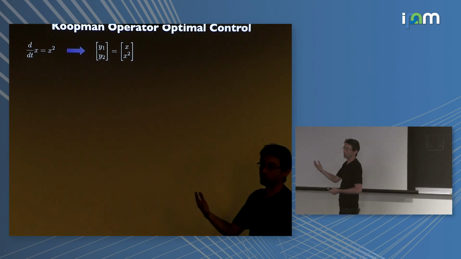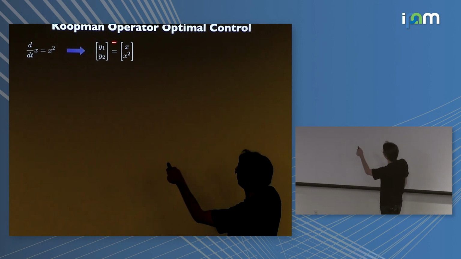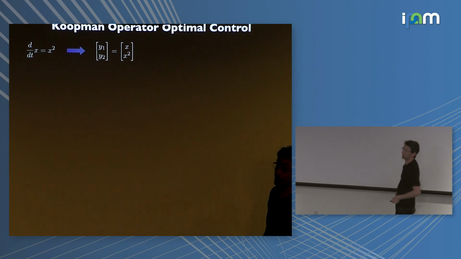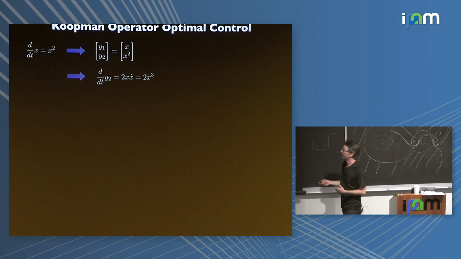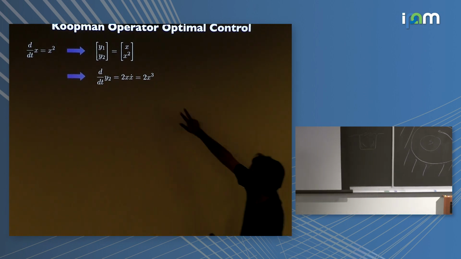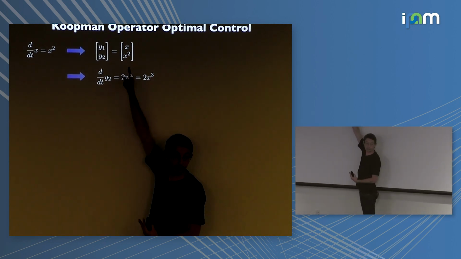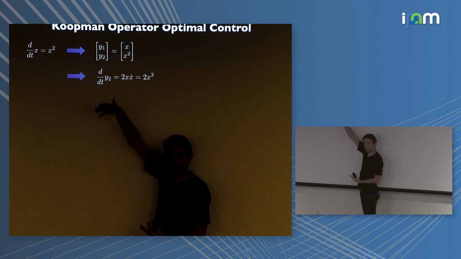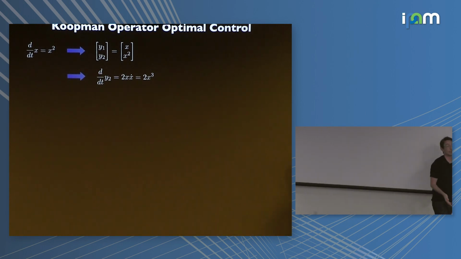But let's try the exact same trick. Let's try to linearize this by including the nonlinear term in the dynamics. I'm going to augment my state to include an x squared term. And we're just going to go through some basic math here. d/dt of y2 is 2x x dot. But since x dot is x squared, this is 2x cubed. Shoot. So it doesn't close. I don't have an x cubed in my span, so I'd have to tack on an x cubed. But then d/dt of x cubed is 3x squared x dot, which is 3x to the fourth, and I'd need an x to the fourth. So I tack on an x to the fourth, and it never, ever ends.